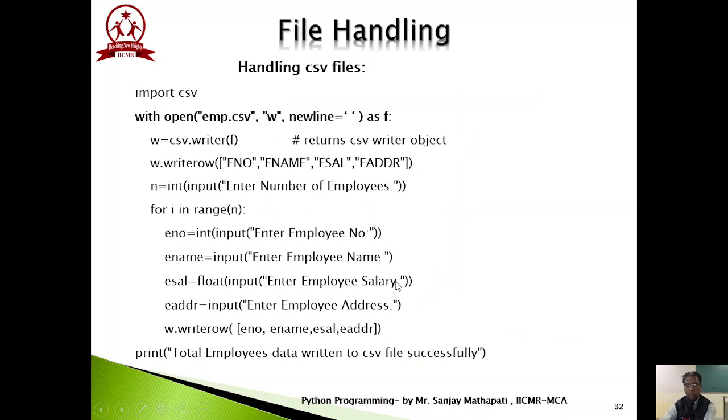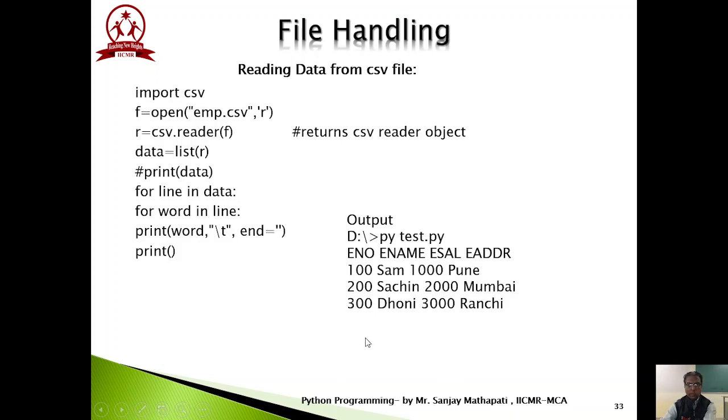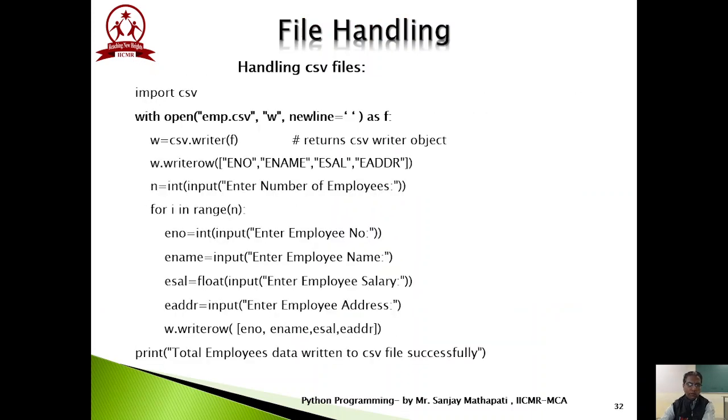Now reading the data from the CSV file. Here instead of a single row, if you would like to write multiple rows, then there is a function called writerows, W-R-I-T-E-R-O-W-S. You can specify a list of lists, that is, here this is the first element, comma second element, comma third element, comma fourth element, like this, and you can use the function called writerows. So multiple rows can be written at a time.